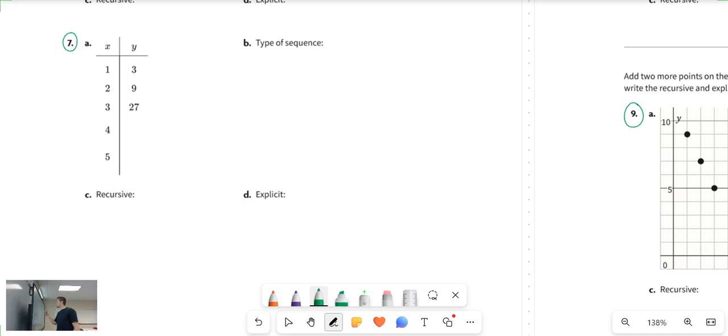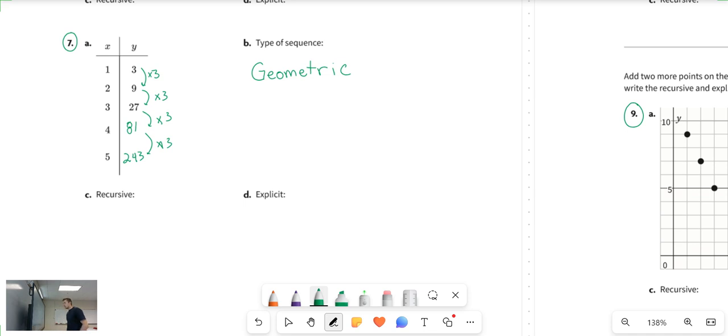So we know that for the type of sequence, this is going to be geometric. And we're multiplying by 3 each time, right? 3 up to 9 is times 3. 9 to 27 is times 3. So we know that we're going to go to 81 here. And then one more times 3 is going to give us